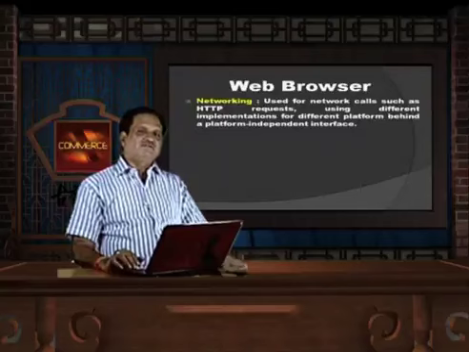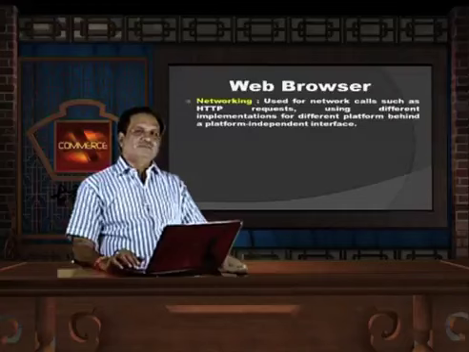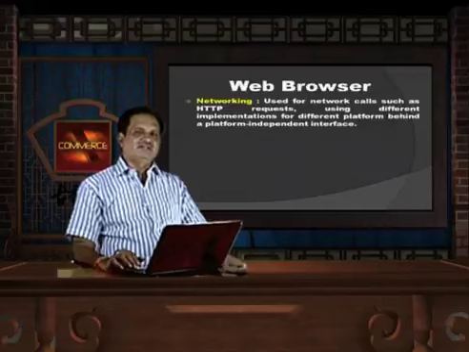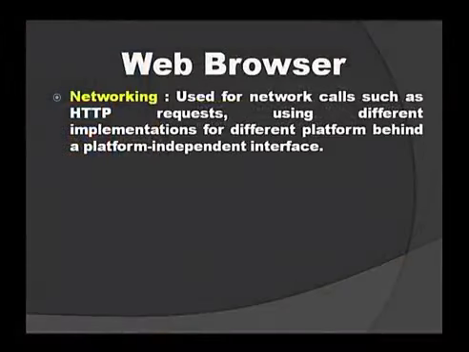Another component of a web browser is networking. Friends, I hope you might have seen the word HTTP when we are typing the URL of the concerned website. So basically it is concerned with networking. It is used for network calls such as HTTP requests, using different implementations for different platforms behind a platform